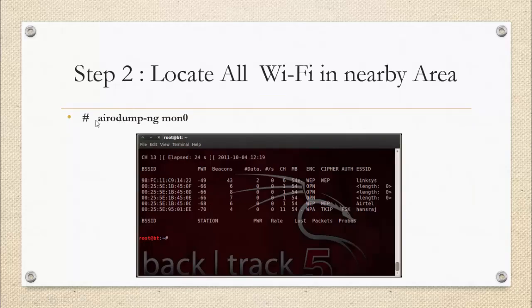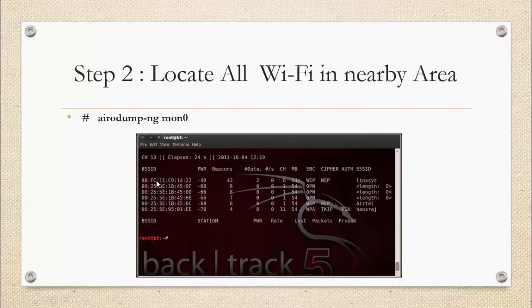Once the monitor mode interface has been started, we scan for all the available wireless devices in our area in order to find which of them uses WEP based encryption. So airodump-ng mon0 will basically search for the wireless devices in the nearby vicinity. The problem with this is it gives you a huge amount of output, specifically if you're living in a highly dense area. So once we find a particular WEP based device, let's say Linksys, we lock on